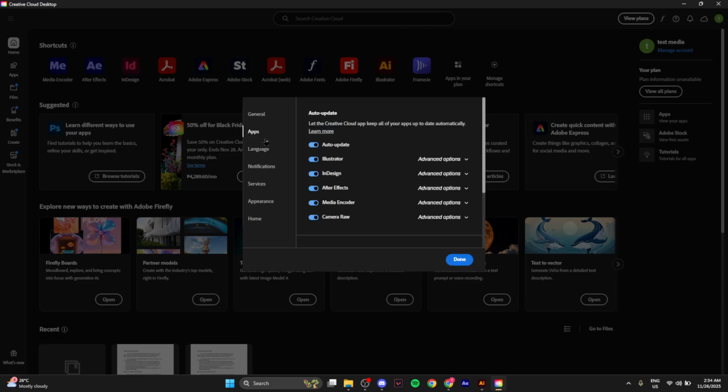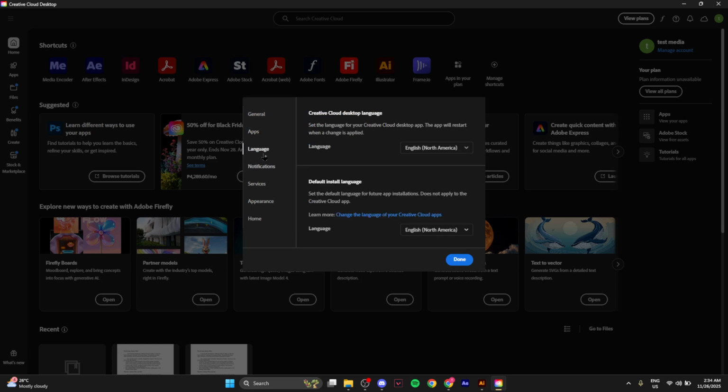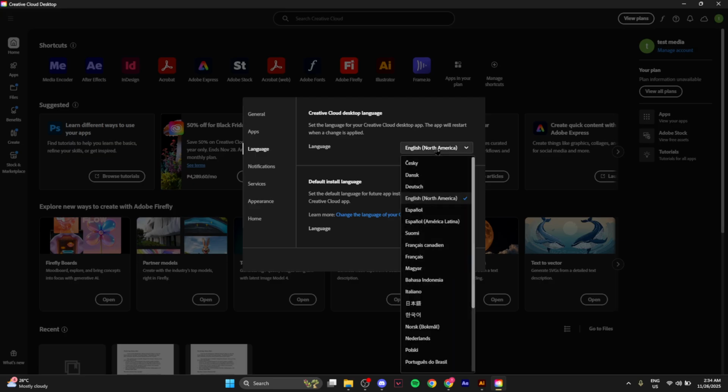Now that you're in the Apps section, focus on the default Install Language drop-down menu. This setting determines the language that any newly installed Adobe app will use. Look through the options and select English. This step is crucial because it ensures that the language change will be applied the next time you install or